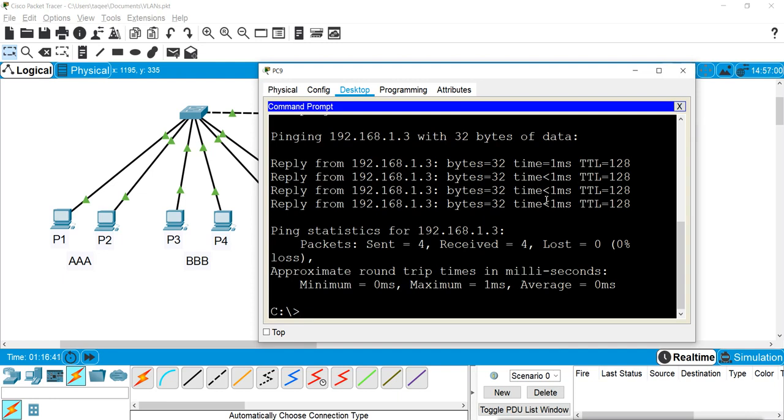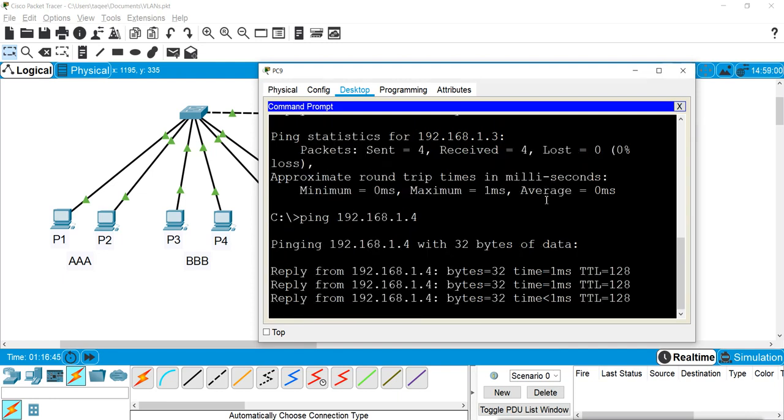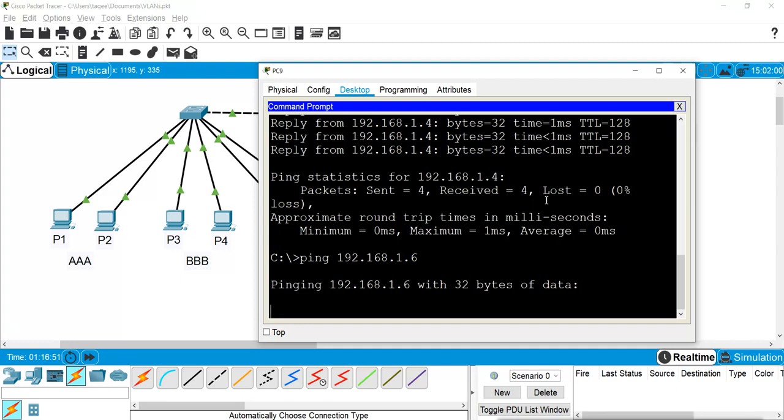Also 4. But if I try to ping VLAN C, the IP 6, it will not ping because it belongs to the other VLAN.